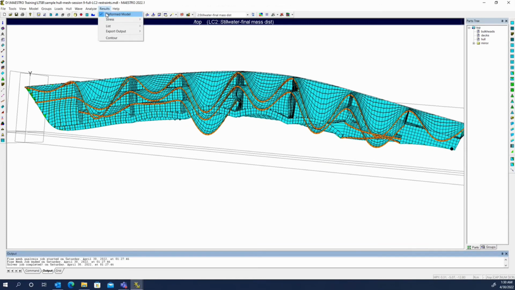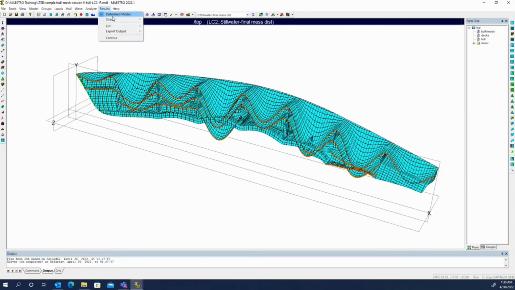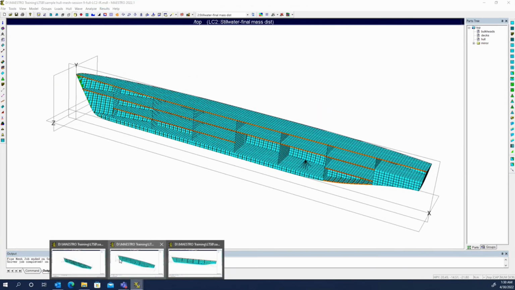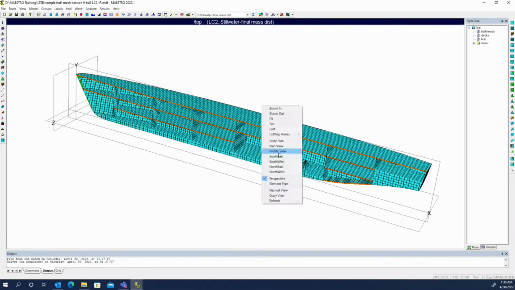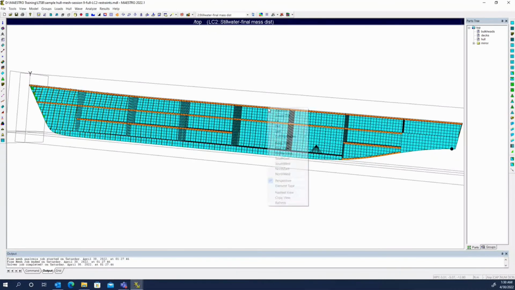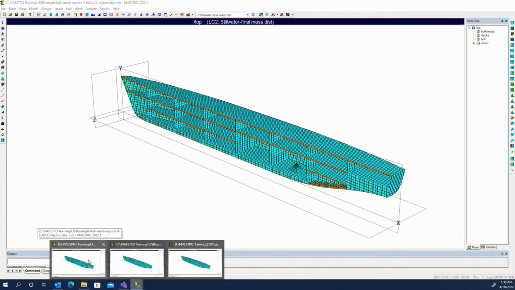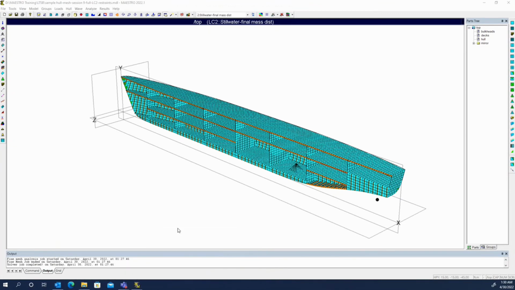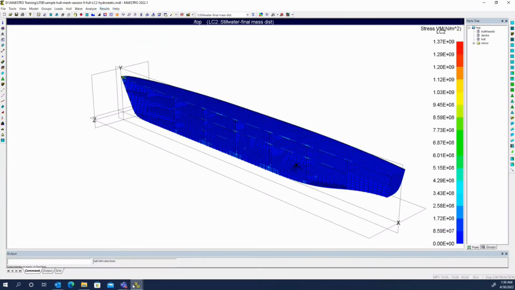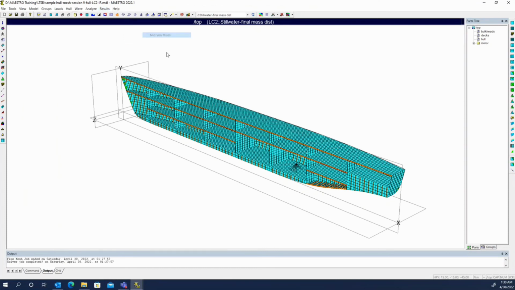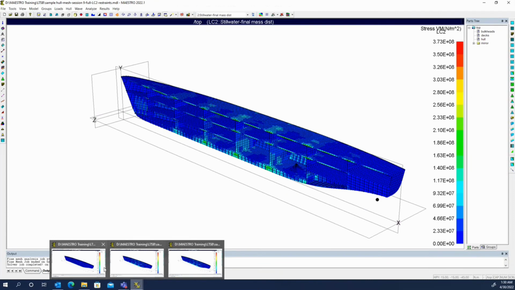So let's look at, if we put each of these in the undeformed condition, and I'll put them all in the default southeast view. So as we toggle between these 3, looking at the first model, the second model, third model, they're basically all the same right now. We'll come back in and we'll turn on our von Mises stress, all 3 models, and to do a quick comparison between them,